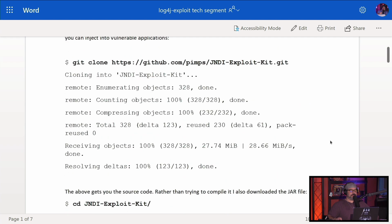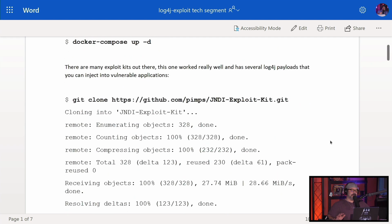Check. Now, there's a lot of exploits out there. There's a lot of exploit kits out there. And what's interesting is this exploit is not like, I download some C code or some Python code and I compile it and exploit it. The reason they call it a kit is because it's a Java application that has the payloads, which are Java classes, that are available. They spin up a JNDI server and an RMI server as well. So what this exploit kit gives you is, once you spin it up, and it's written in Java,